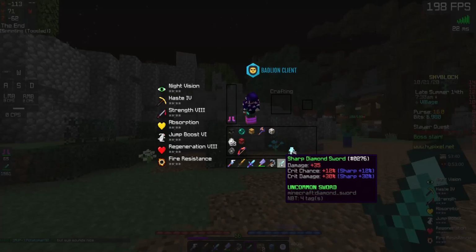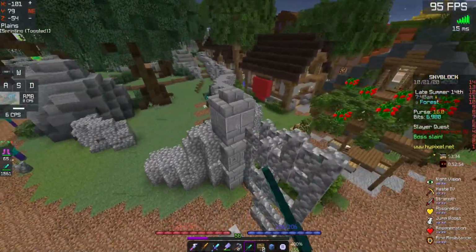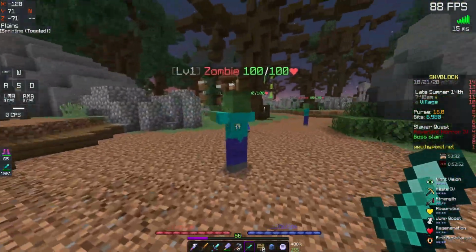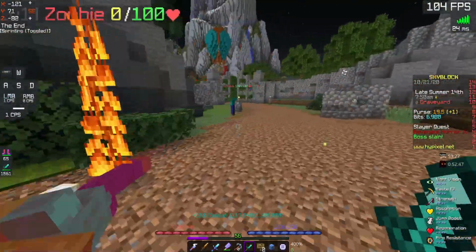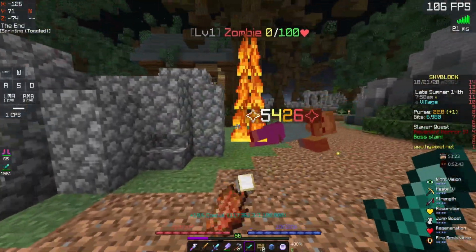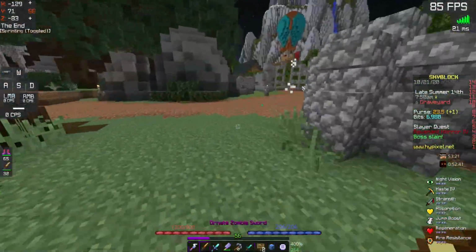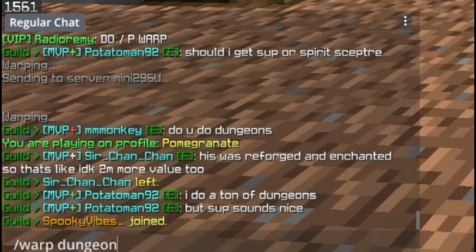Yes, I know it's just a diamond sword, but you can compare it to sharp just to see which one's the better reforge. So with sharp, 5,000. 1,000. Keep in mind, you're probably going to do less than me because most people that watch my videos don't have all the talismans that I do. 5,000 on crit. So then if we were to apply the dungeon reforged stone to it,